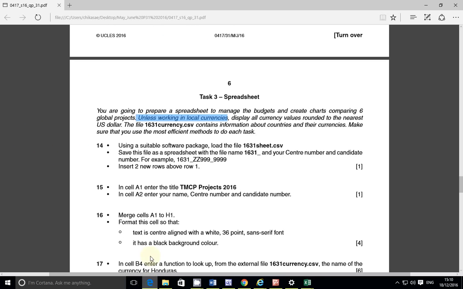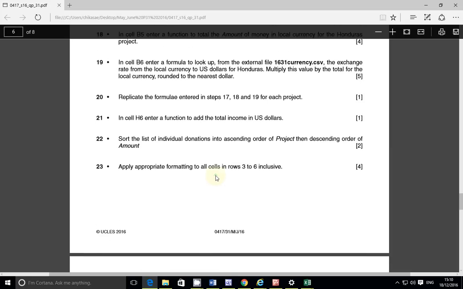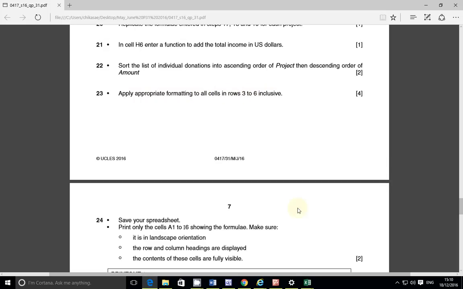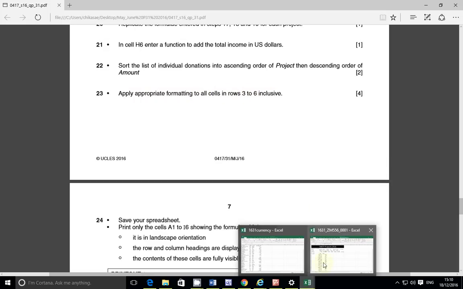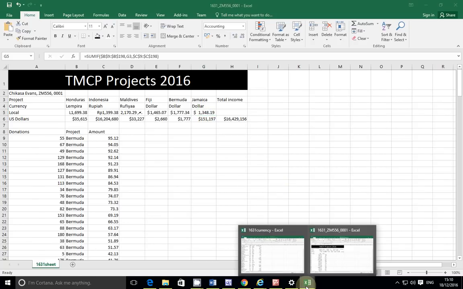Next step is step... so we've applied the appropriate formatting to all cells in row 3 to 6 inclusive. Let's see if row 6 has been applied. Okay, so we have that. The next thing that we're supposed to do